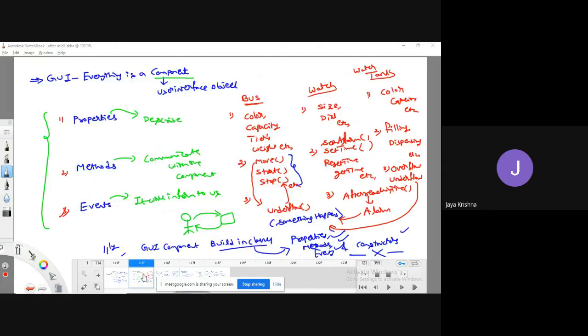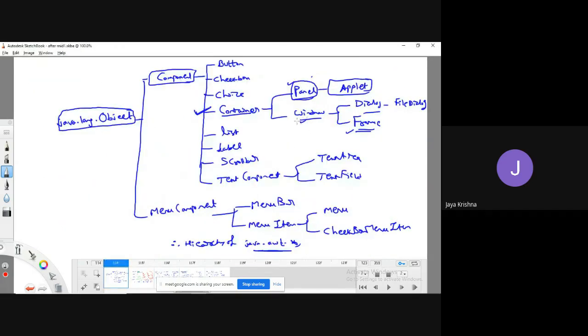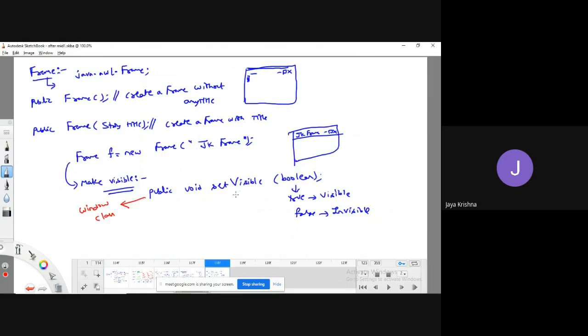If you observe the hierarchy, Window is a superclass of the Frame class. So if you implement the Frame class, automatically all the features of Container and Window are inherited to the Frame class. Am I right or not? Yes. So the setVisible method is a method of the Window class.